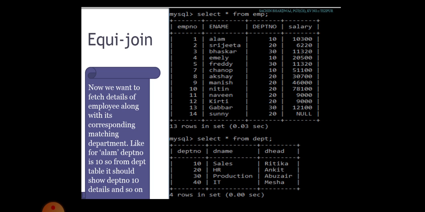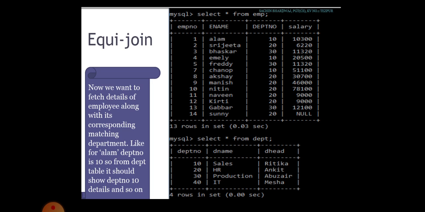Let me give one more piece of information. Here department number is the primary key column of the department table, and those values are fetched into employee. So the department table is the master table and the employee table is the child table. Why?